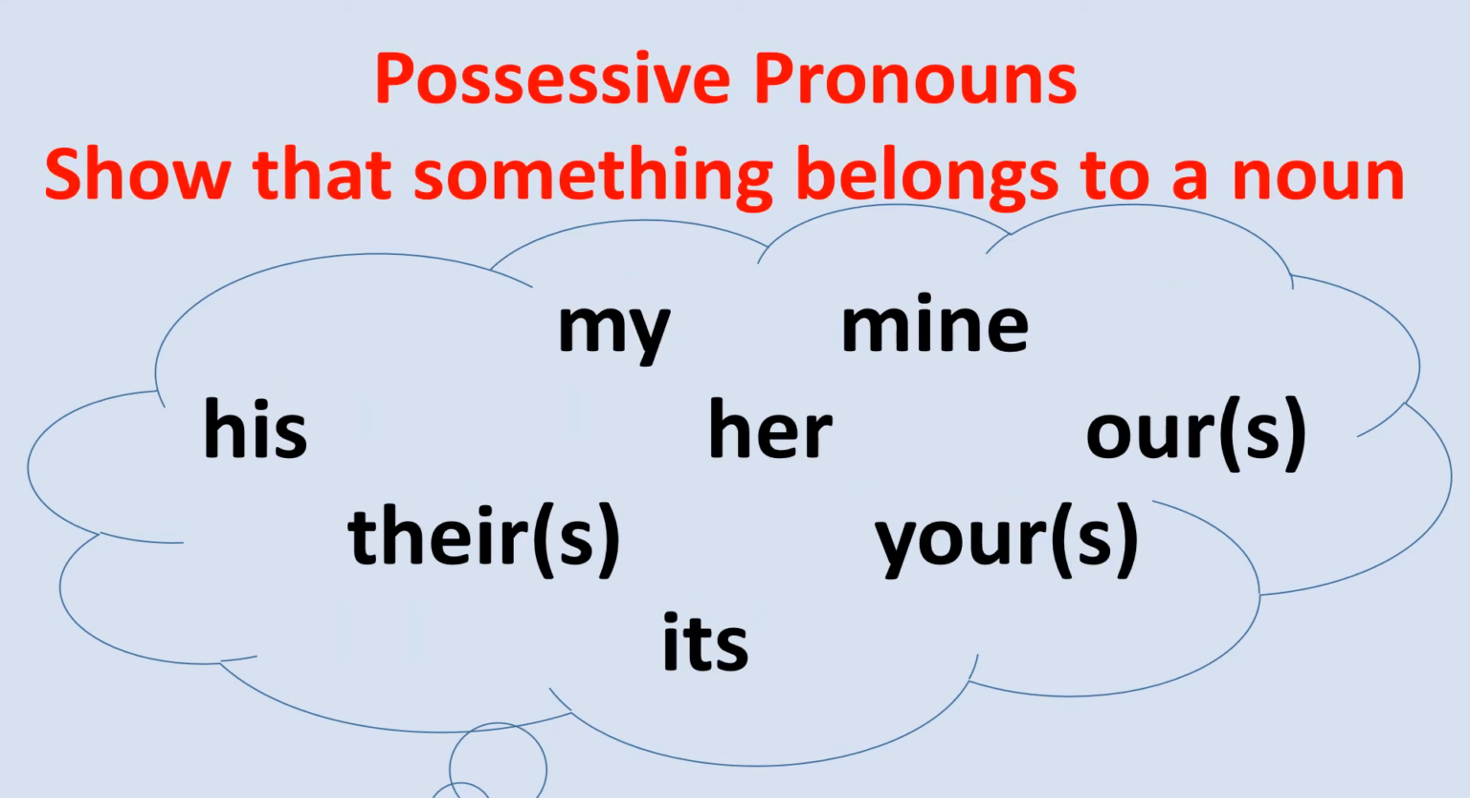The second type of pronoun we're going to look at is the word possessive pronoun. And that word possessive, you can see the word possess, as if you own something. And that's what it means. A possessive pronoun shows that something belongs to someone or something. So rather than saying Mr. Lee's bag,